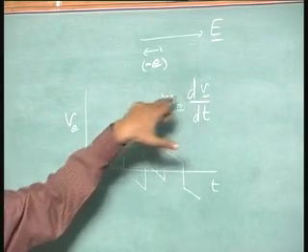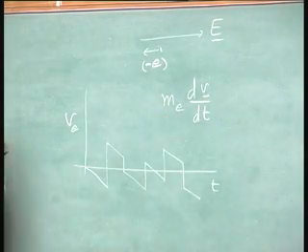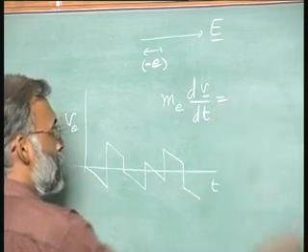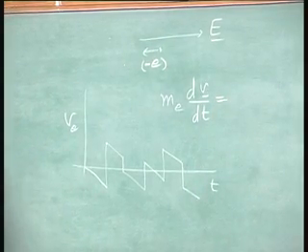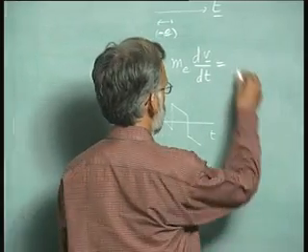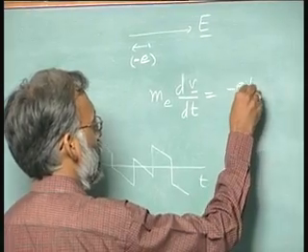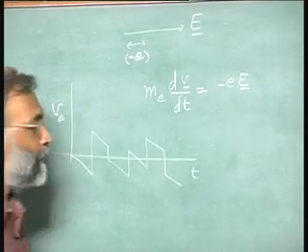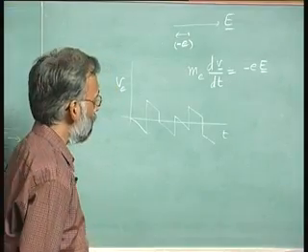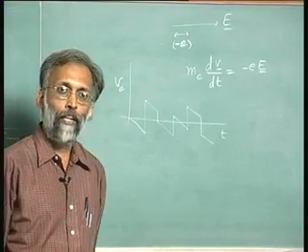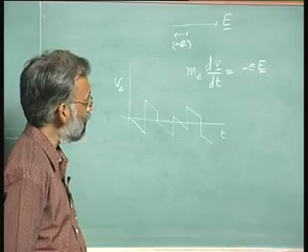So, this is the rate of change of momentum, and Newton told us this is equal to the applied force. But what are the applied forces? Well, there is minus e times the electric field. That is an applied force. We do not have a magnetic field in this problem. We will ignore the gravitational field,